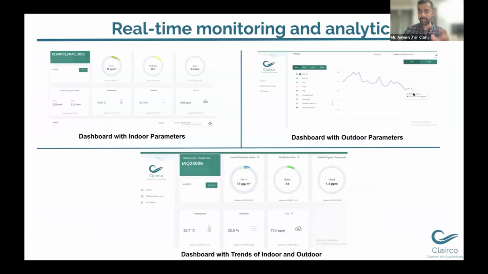Now, this analytics is where you understand that at what time do we have the highest occupancy, hence the higher level of CO2. Now, let's take a question and let's take an interesting scenario. If some of us have lived in NCR and been there in winters, we understand the air quality outside can be horrible. Now, imagine if the indoor CO2 levels are, say, above 1,000 and outdoor PM levels are north of 900.